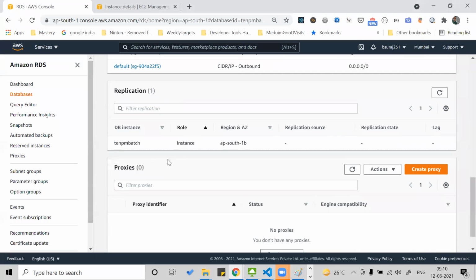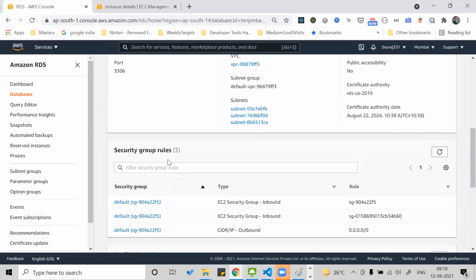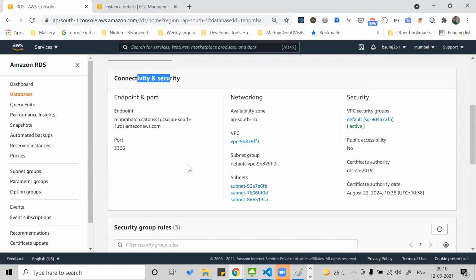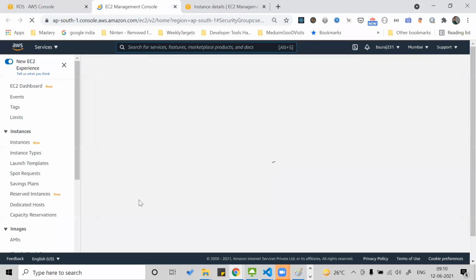So let's see what are the other things. Shall we see it in the other one? Inbound. Default, you will see everything, sir, like inbound, outbound. So shall we go for the security group of this? Select inbound. Okay.